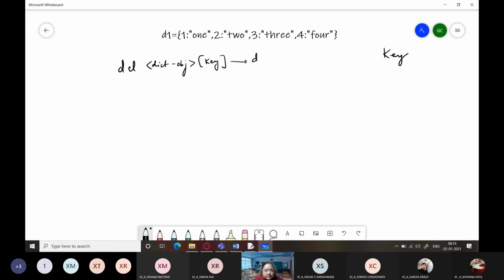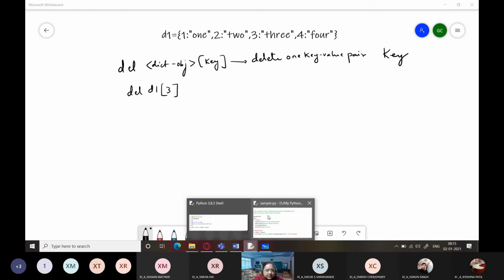This is to delete one key value pair, right? So you will be writing it this way, del d1. Suppose you want to delete 3, so you will write it like this. Okay, so this will remove the key as well as the value from the dictionary.